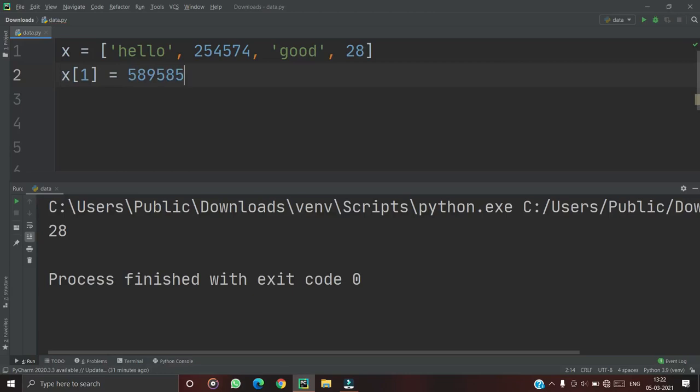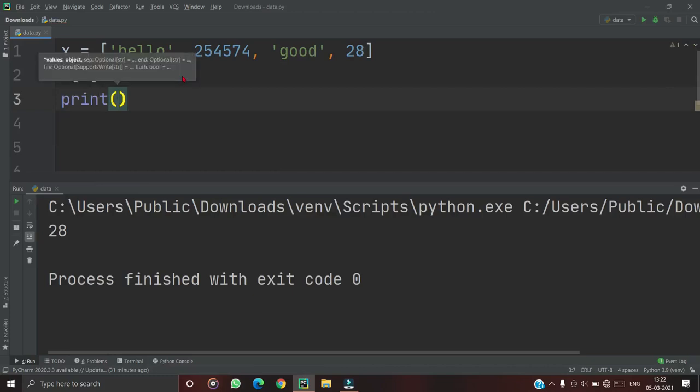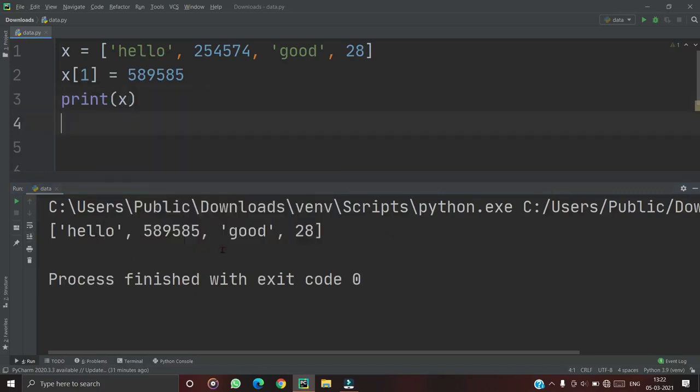Now if I print x, there you go, you can see that the new number gets updated here. So this is the way by which you can add a new number by removing the existing number.